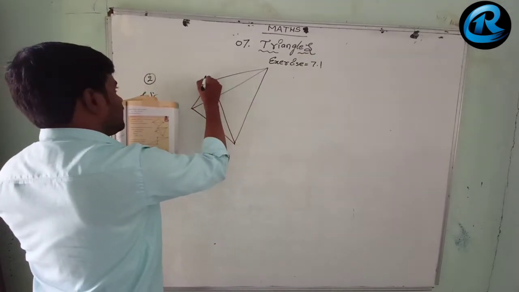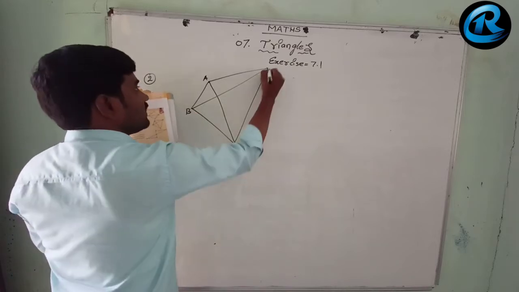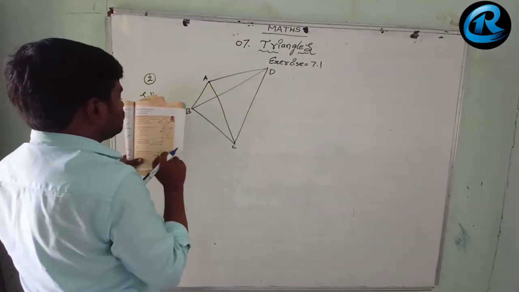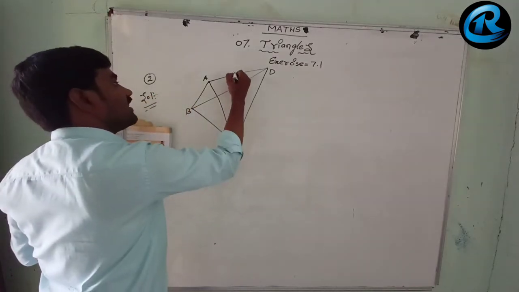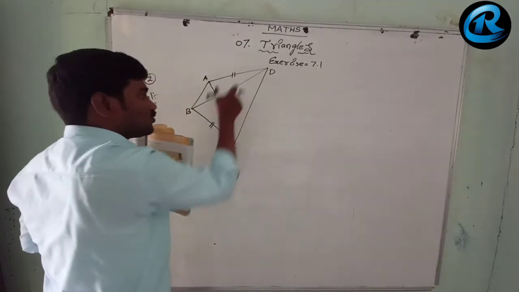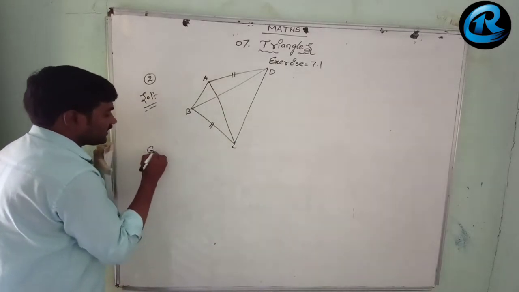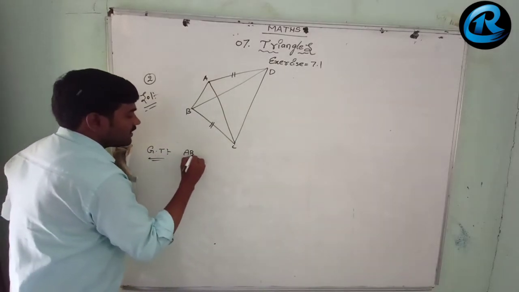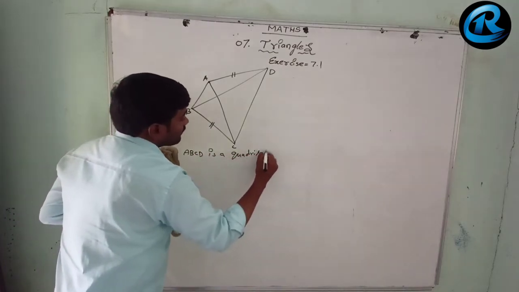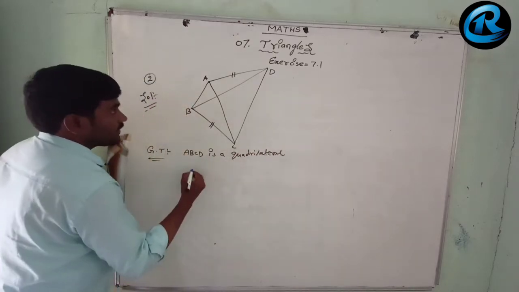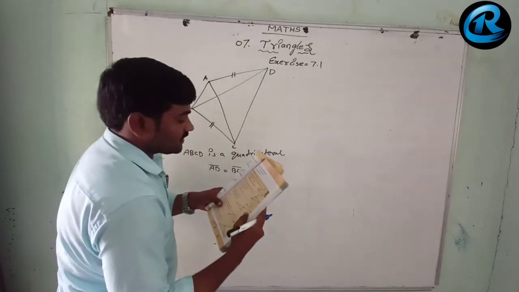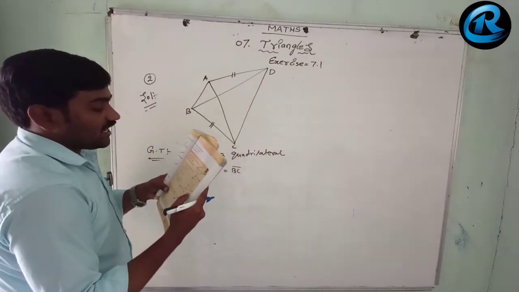Here A, B, C, D. Here ABCD is a quadrilateral and AD equals BC. This AD is equal to BC. As shown in the figure also, like the single bonds, these two sides are equal. So let me write here, given that ABCD is a quadrilateral and AD side is equal to BC side, and also what is said, angle DAB